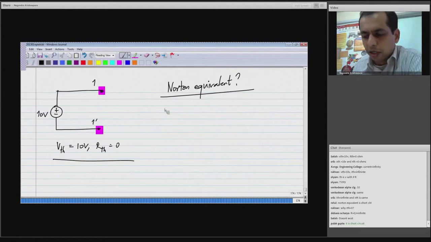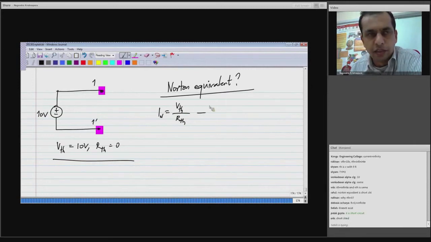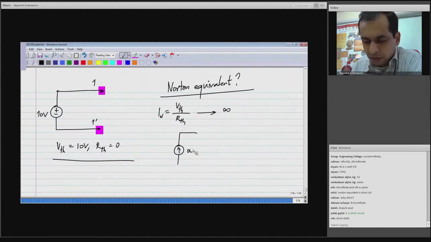Now the Norton equivalent doesn't exist because IN is VTH by RTH. If RTH is non-zero, then you can find it. If RTH is very small, this IN will become very large. But if RTH is 0, this will tend to infinity. That is, you have an infinite current